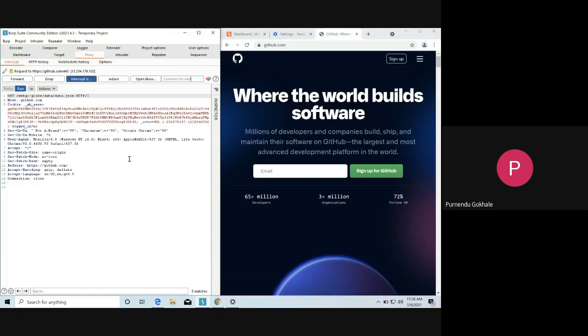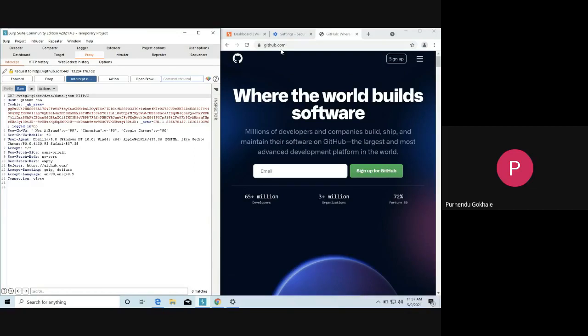We are getting access to the request through the IP which I have configured, that is 127.0.0.1. Then we manually see, okay, this is the request. If I want any change, I will make it and then forward it. The same thing we are going to do now in the lab.